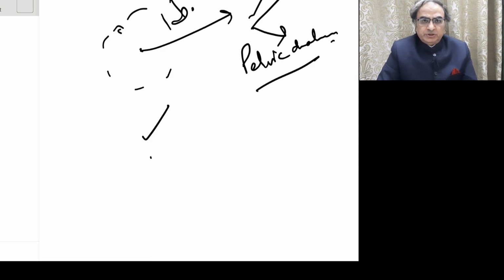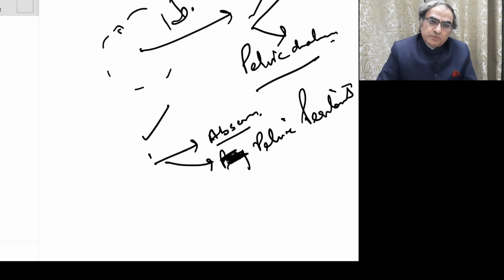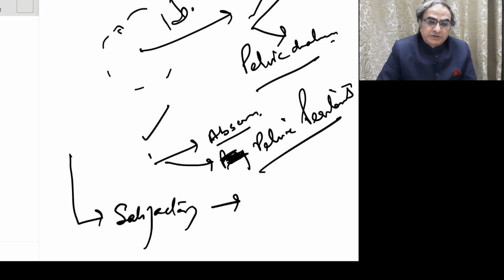If the lump is worsening, what can go wrong with the lump? That is the appendicular lump. It can become an abscess, or it can perforate, or it can produce what is called pelvic peritonitis, right? So all these features together. So naturally, in this case, the patient had a satisfactory recovery. That's why the patient could be discharged after the Ochsner-Sherren regime